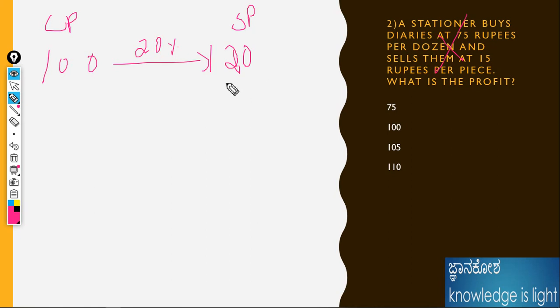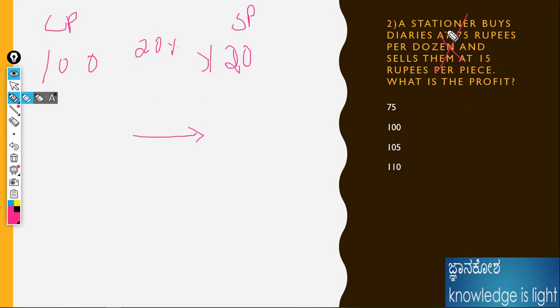Isn't it? See, the thing is, as a shortcut, if 100 is there, then we can easily calculate. But sometimes if 88 is there, and 20% profit, what is the number? Such problems will come in future. At that time we are not really using this way. That's why I am taking the easy example, then I will move on to the difficult one. I will explain here how it comes.